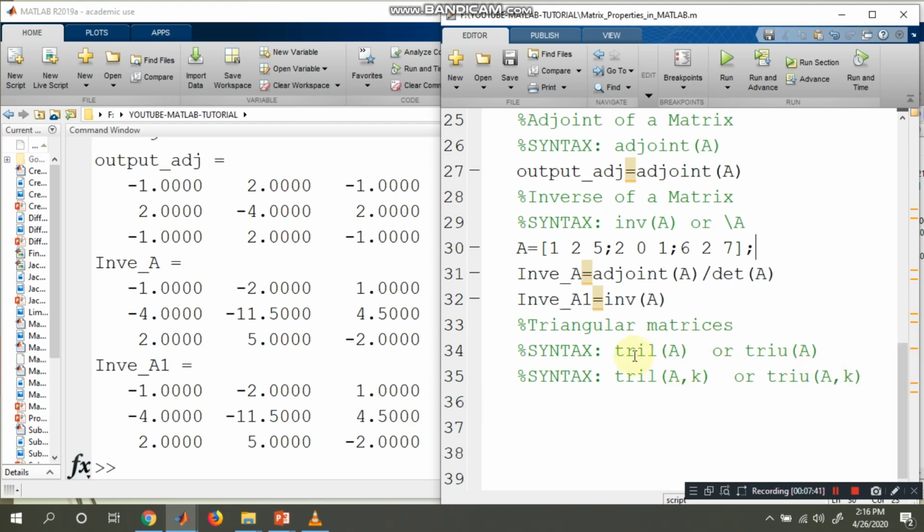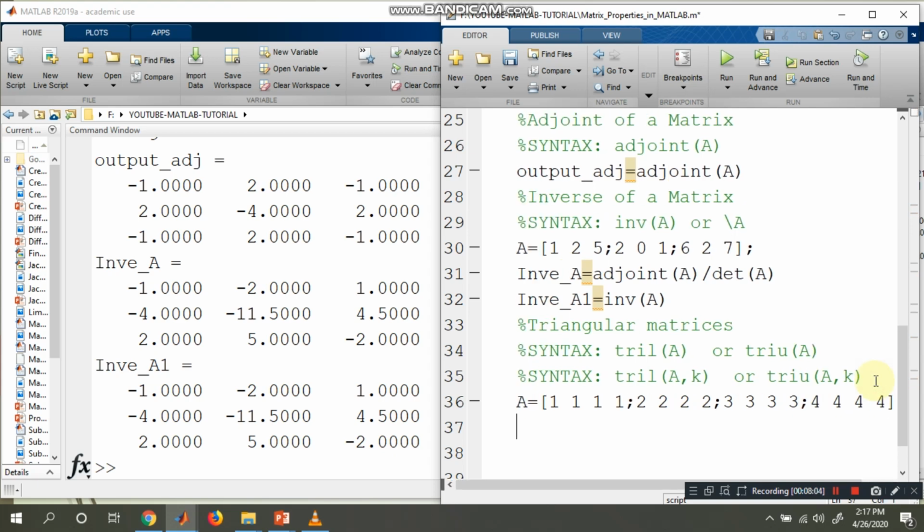Now let us see how to generate triangular matrices. You just pick out a triangular matrix of a certain matrix. Suppose A is equal to a 4 by 4 matrix of all ones. Yes, this is the 4 by 4 matrix A, and for this, I would like to find the lower triangular.